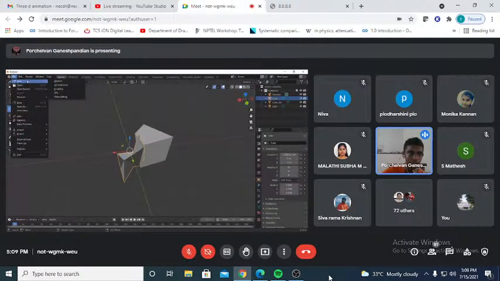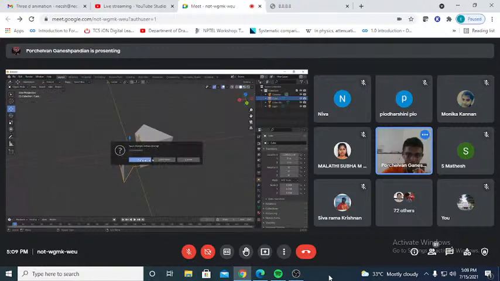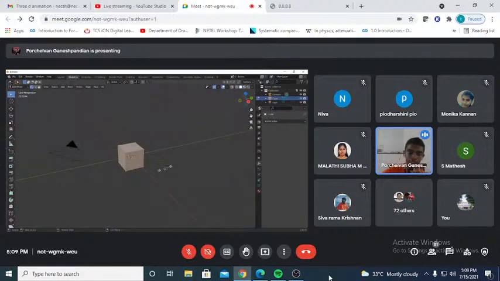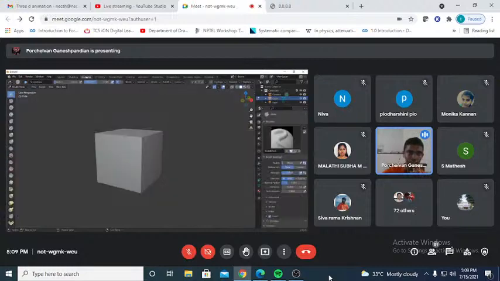Let me just open a new thing. We'll just go back from the beginning. Now coming to sculpting. So this is layout mode, and the second tab is the modeling mode. This is the modeling workspace where you change the shape of the cube and so on. Next is sculpting. Now sculpting is where you